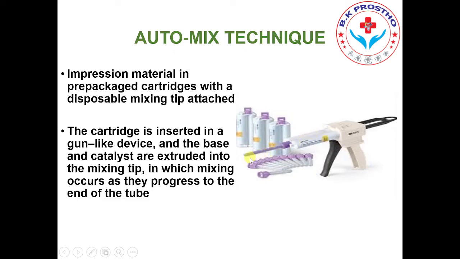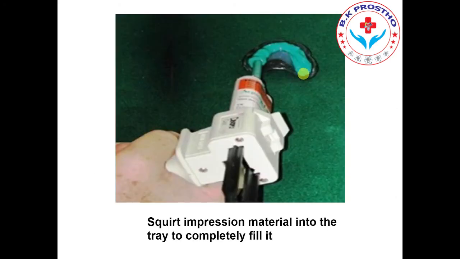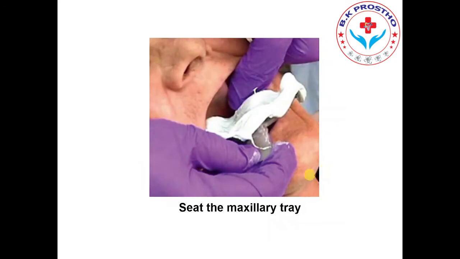of the tube. Squeeze the impression material into the tray from one side to the other, and make sure it covers the tray evenly, including the border, the same as for the mandibular tray. Then we insert the tray into the patient's mouth. First we retract the lip and rotationally insert the tray into the patient's mouth. Make sure the tray is centered on the arch